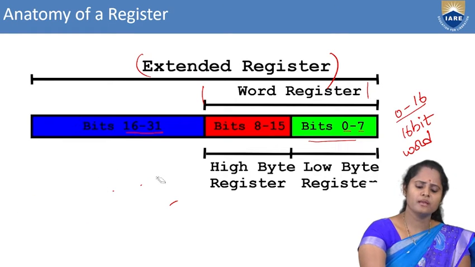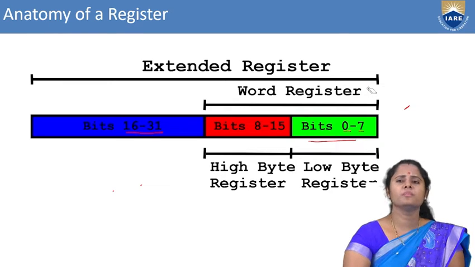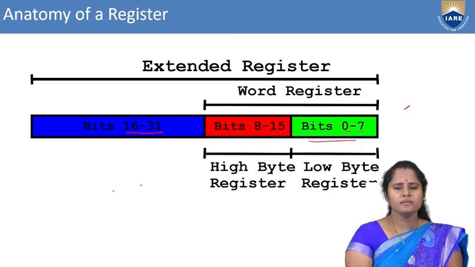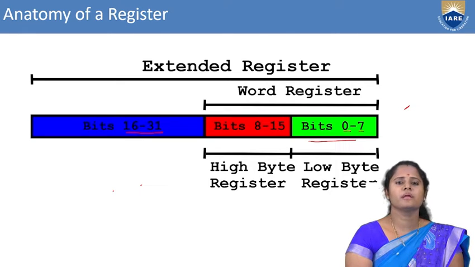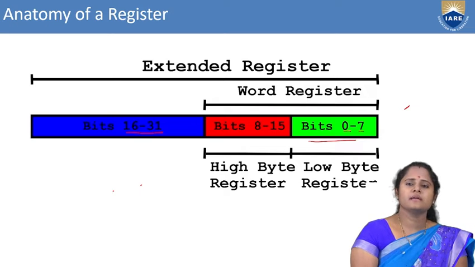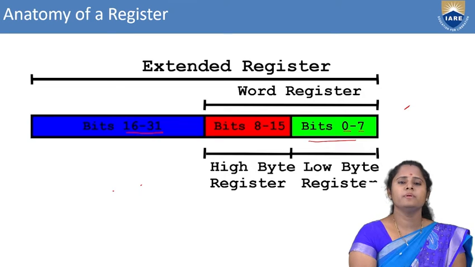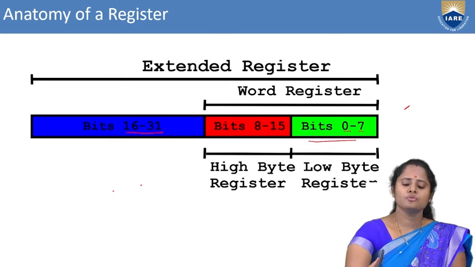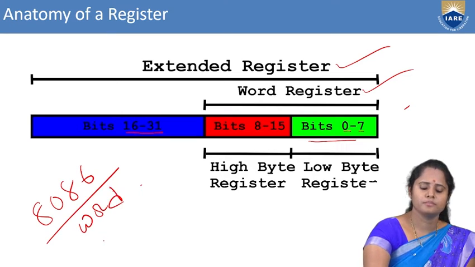Now you're saying a register is a storage element, right? This storage element stores how many bits? It can store 16 bits, which is a lower byte register from 0 to 7, and a higher byte register from 8 to 15. And the extended can be taken greater than 16 bits, up to 31. That register is called an extended register. Of these two registers, our 8086 can use only the word register,